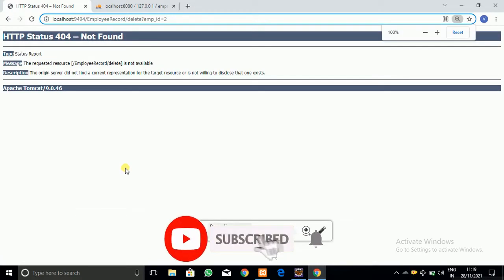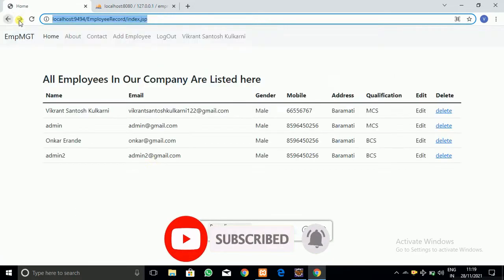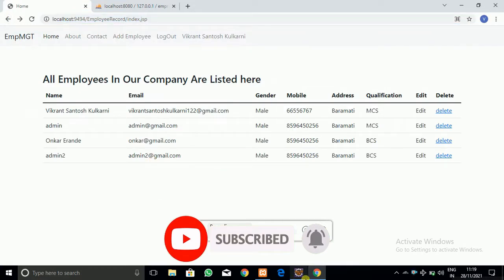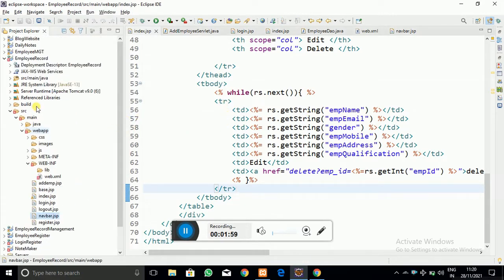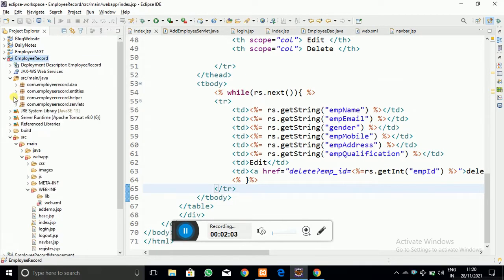So now our work is that I have to create one method such that, by making use of that method, I give the parameter of the employee id to that method, and that data is going to be deleted.